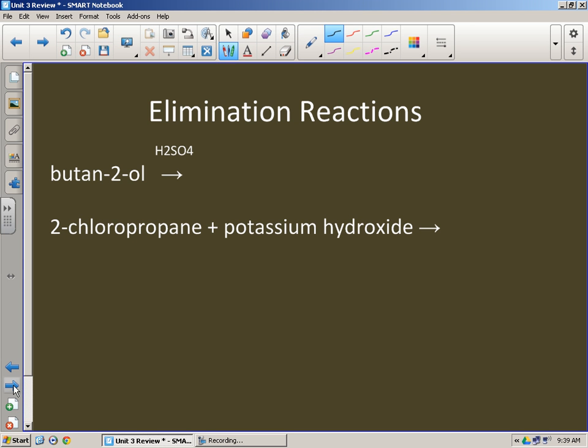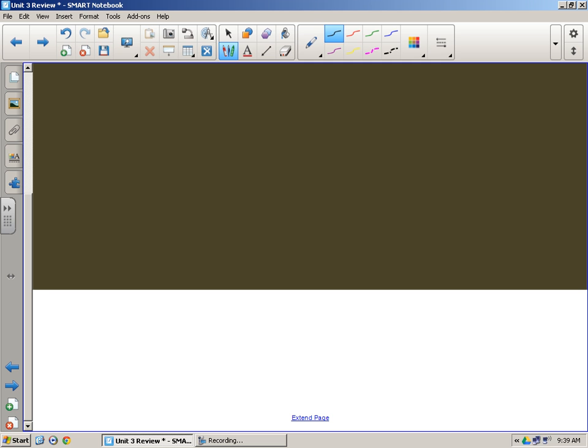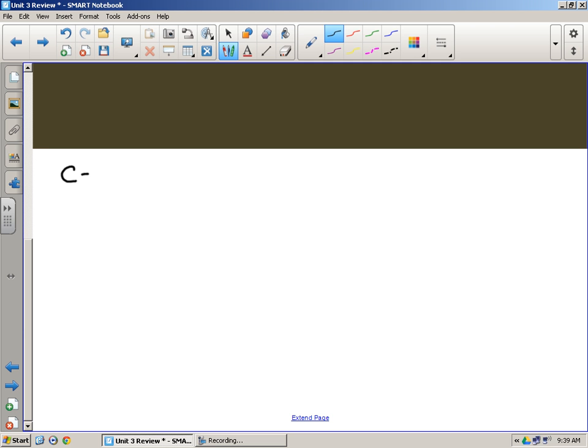Next, elimination reactions. Once again, elimination reactions, these are really the typical two here. Start with an alcohol. You'll see a catalyst for this one, sulfuric acid there. Didn't turn out very well. But butan-2-ol, so let me just write that out. Butan-2-